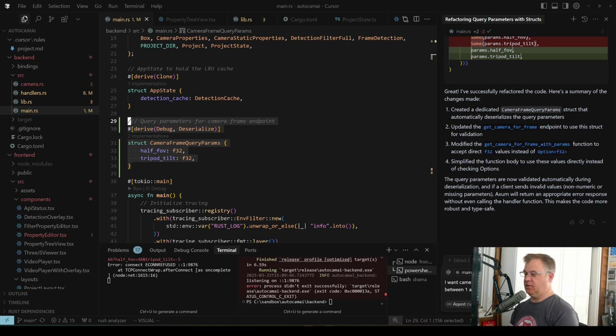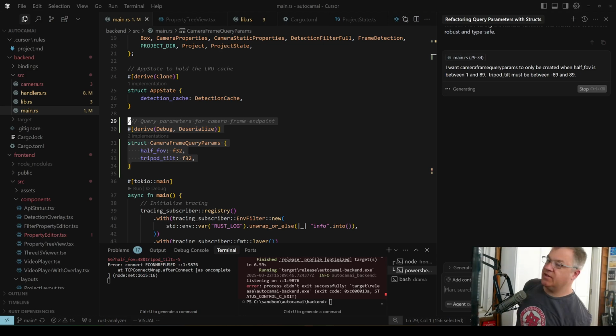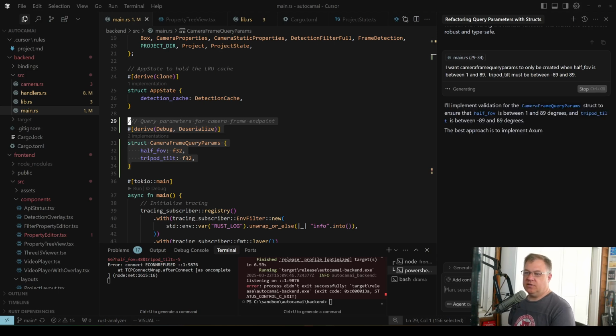Tripod tilt must be between minus 89 and 89. I want to do validation of this. And I don't want to do validation inside of something else once it's deserialized this. I want the struct to only be able to be created